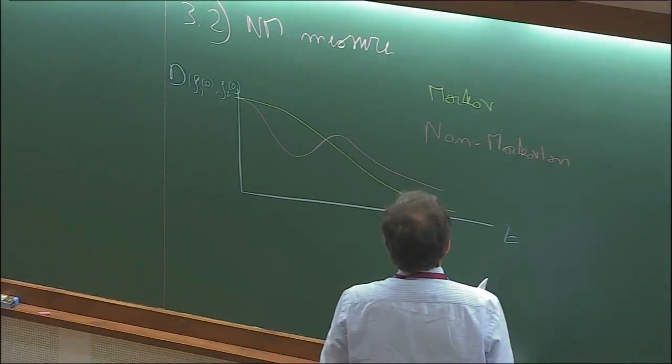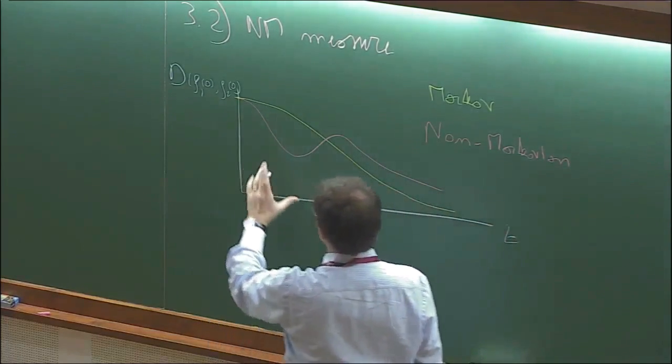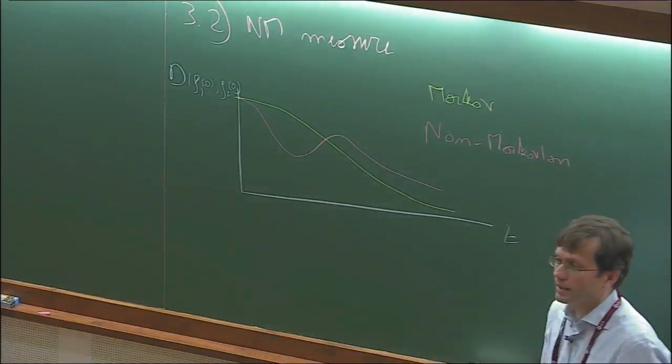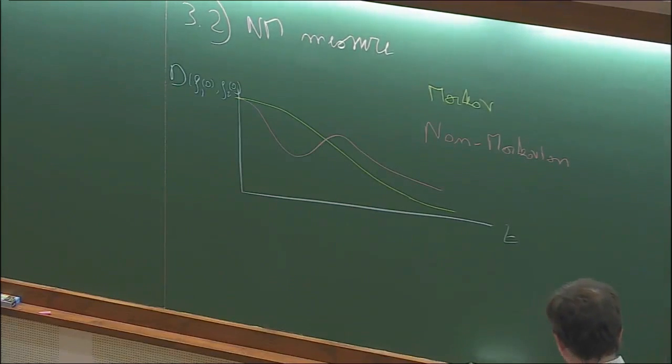And the idea behind this is the fact that this quantity, this trace distance, which is here plotted as a function of time, is a quantity which gives us information about the distinguishability of quantum states, given that we can perform a measurement on the state only, so that we have only access to the system degrees of freedom.